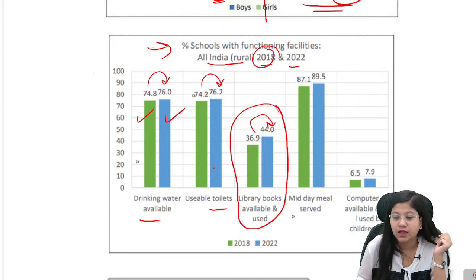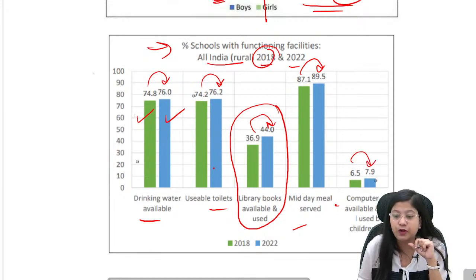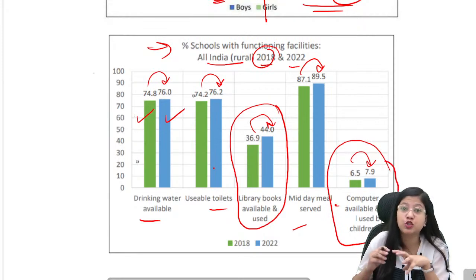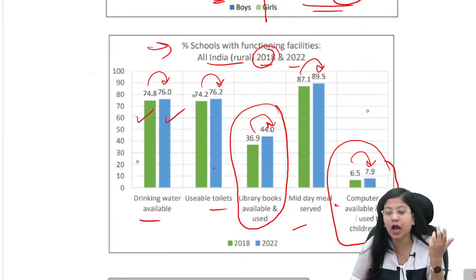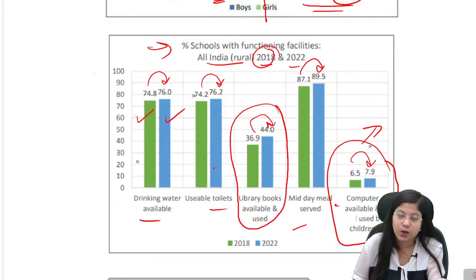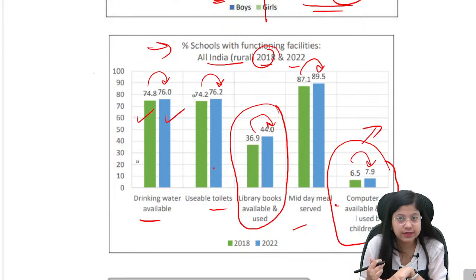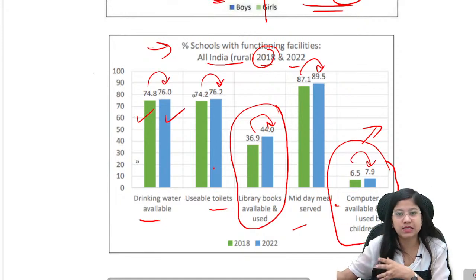Okay? Then midday meal served. So again, improvement is there. Then computers, improvement is there. 6.5 to 7.9%, but still, again, it is the lowest performing parameter. That means in the majority of rural areas, schools do not have computers. And how will the children of the rural areas be able to compete with the children of urban areas if they do not have access to computers? How will they digitally literate themselves and at the same time acquire the software and hardware skills that are needed